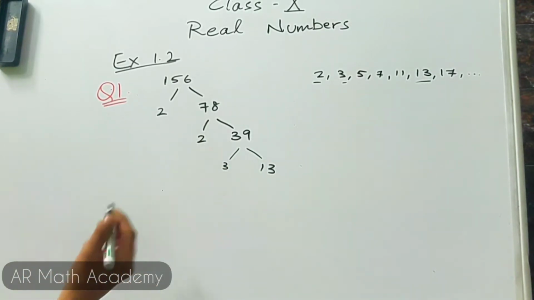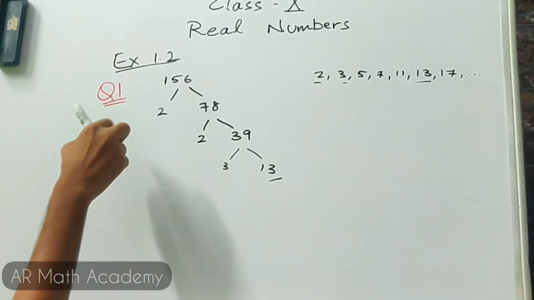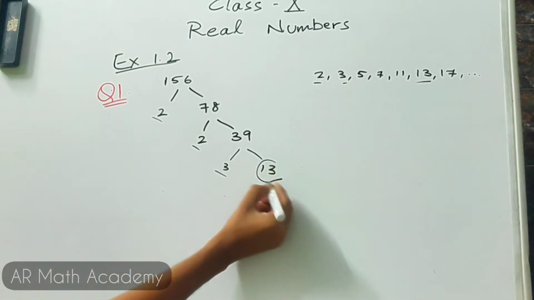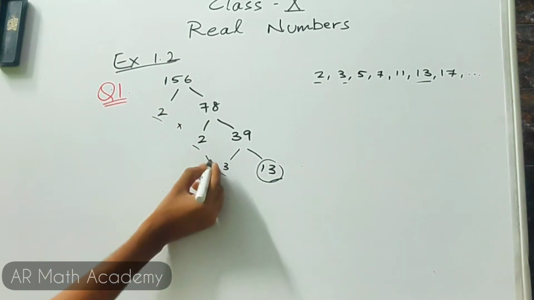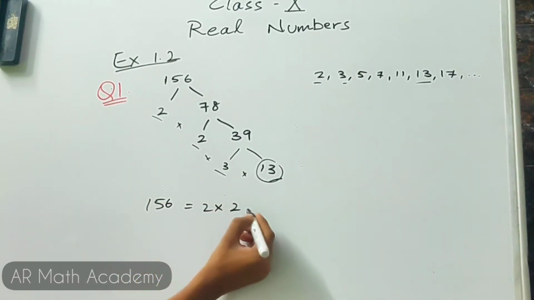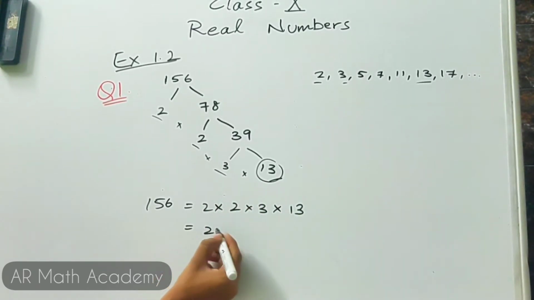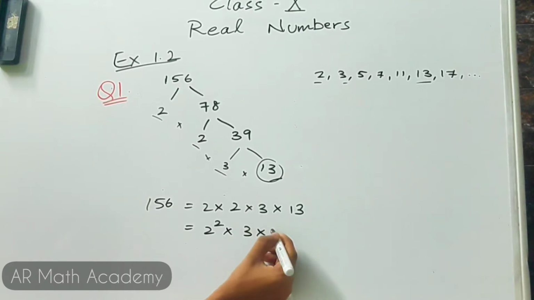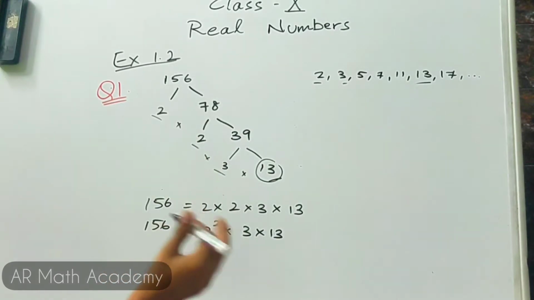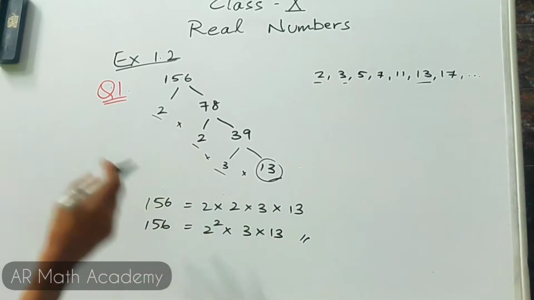Well, 13 is one such number. So 13 is a prime factor, so it can't be split. Now basically take all these numbers on the left hand side as well as this number 13, so this number, this number, this number as well as this 13, and write it in product form. So 156 can also be written as 2 into 2 into 3 into 13. Now this 2 into 2 can be written as 2 square. So 2 square times 3 times 13 is the final form of the product of prime numbers of this 156. So that is our second problem from question number 1.